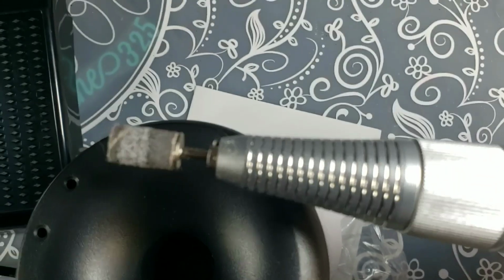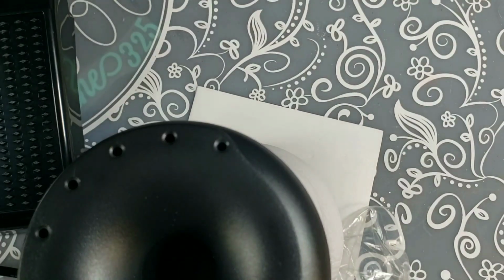drill itself. It does have a lock on, so I use this all the time, and it stays charged